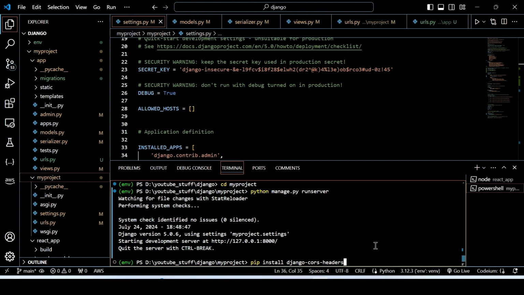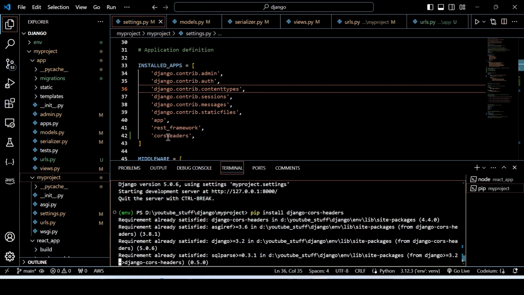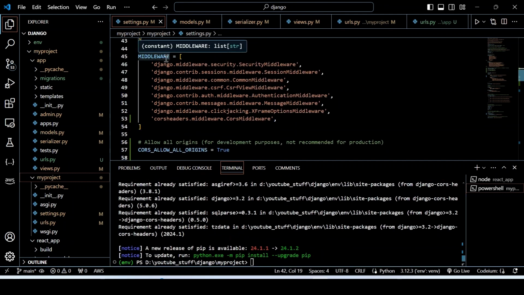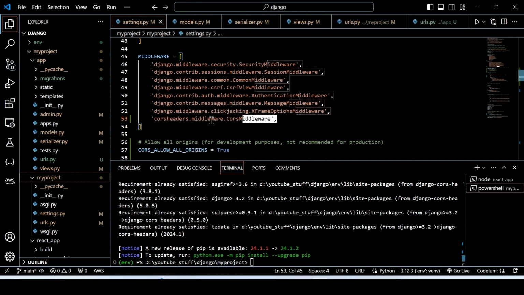CORS headers is something that will allow you to interact your front end with the Django backend, so that you can make a post request, or a get request, whatever, from your front end to the Django backend. So you need to install this in order to make things happen, and you need to include that in your installed apps section. Come to the middleware section, where we need to add one thing, which is corsheaders.middleware.CorsMiddleware. Add the following line,